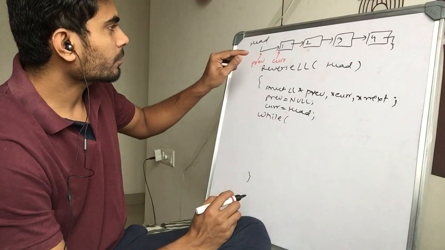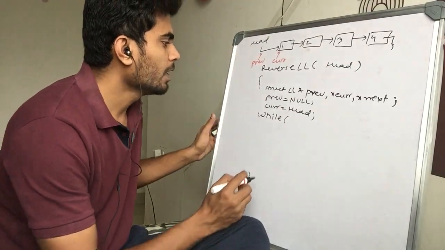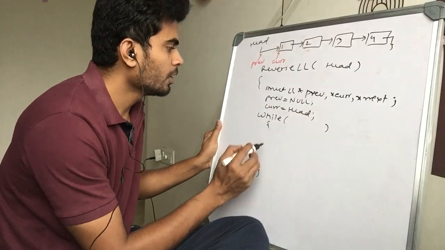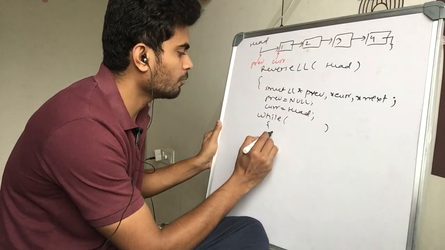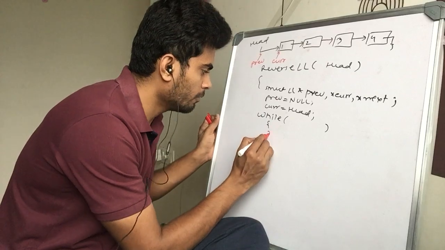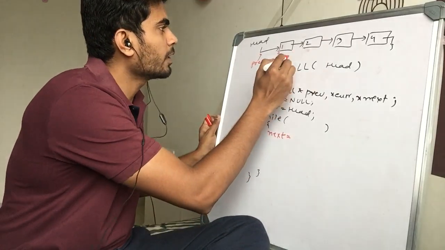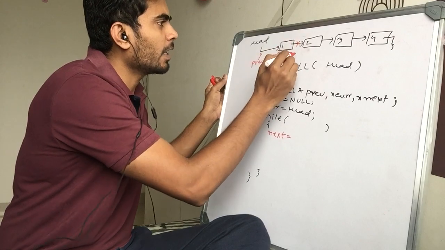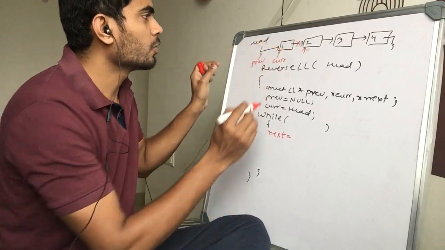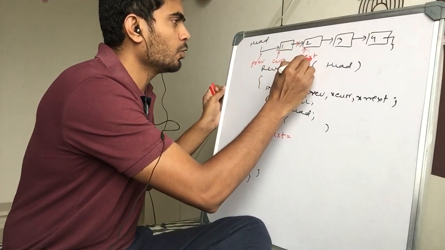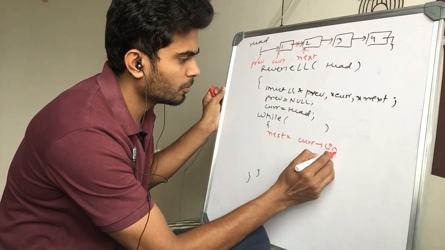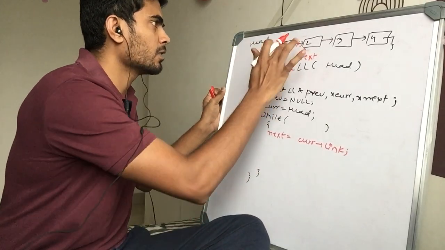So what we want to do, we have previous, we have current right now, and there should be some condition, we are not aware of that right now. So what we want to do now is have next. Let me use a different color for this. We want to have next, because once I break this link, I will lose control over this node. So for that I am using this next node. I should do this before breaking the link, so I am assigning next as current's link.